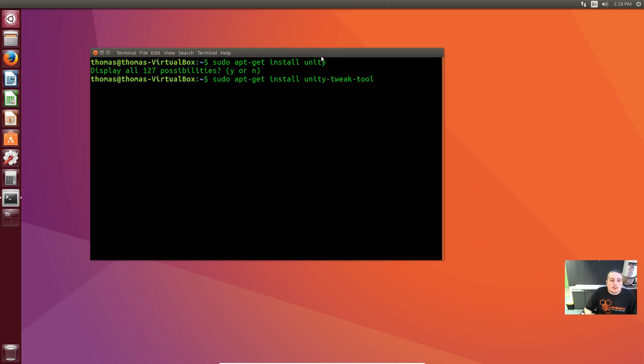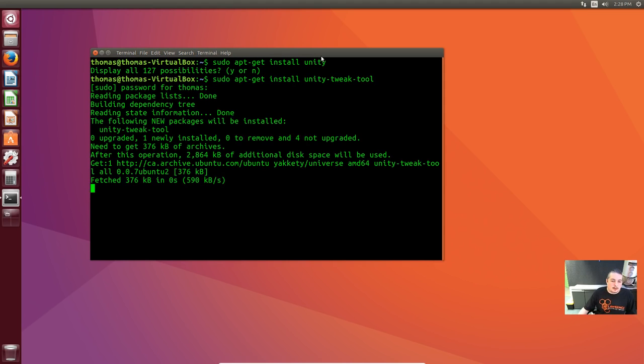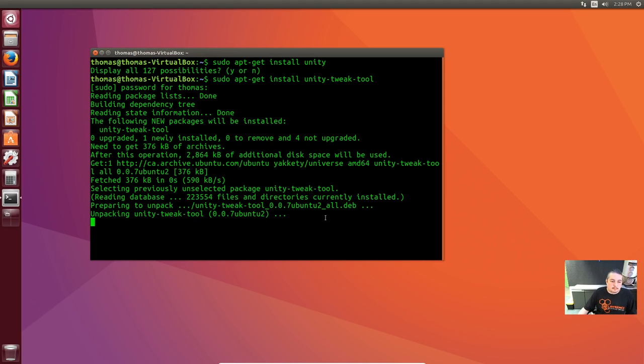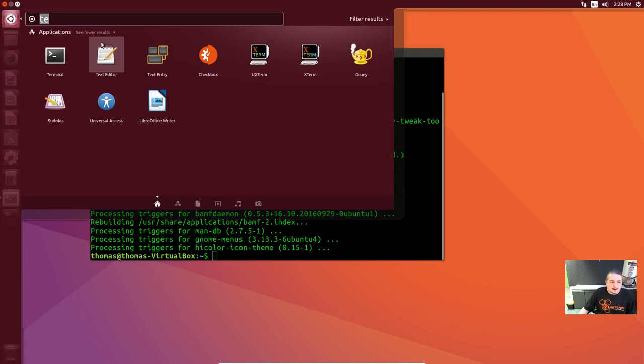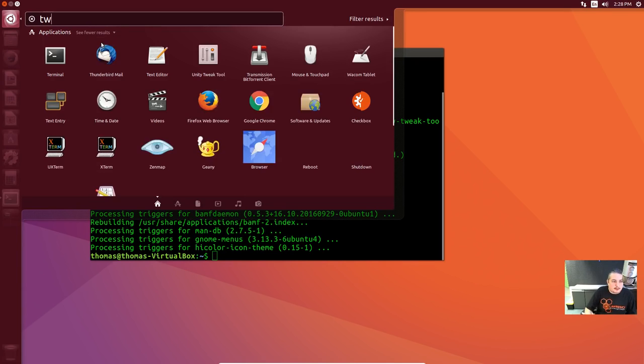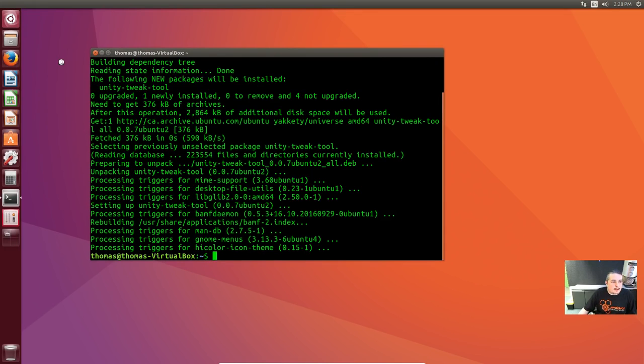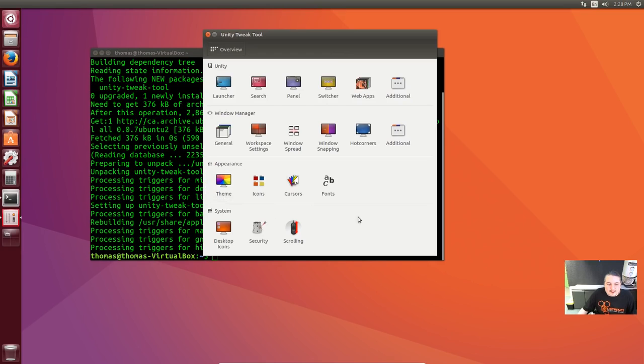The Unity tweak tool, apt-get install unity-tweak-tool. And this actually allows you to install some of the different themes. But this allows you to control some of the different